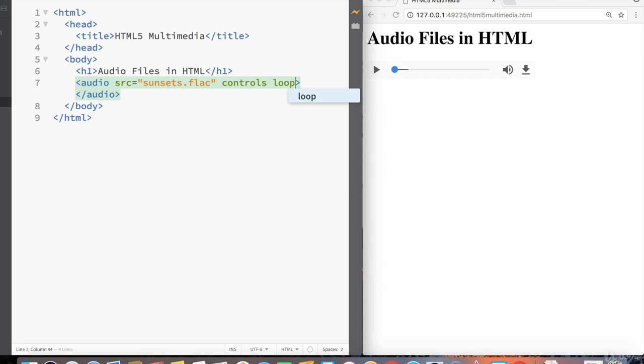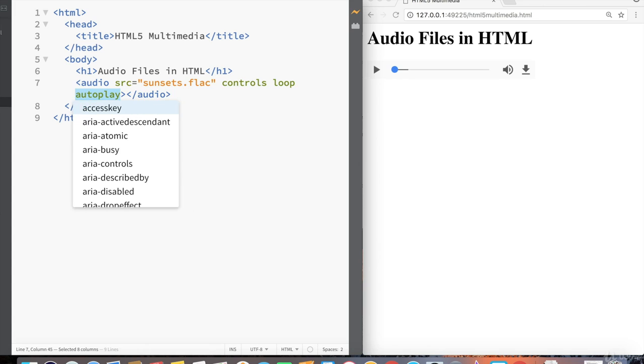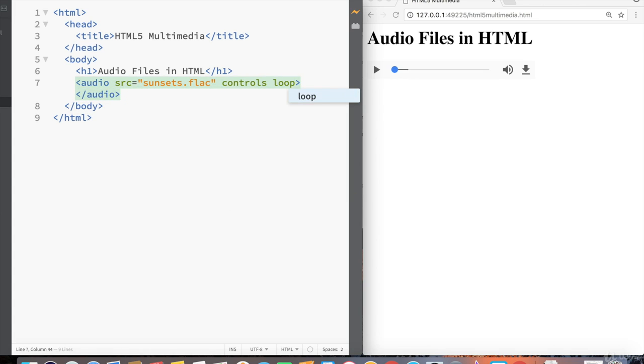And here's a property that you can specify but generally don't want to, and that's autoplay. Most people find it really annoying when as soon as they enter a page, audio starts playing. That's generally not something you want to include unless you're an evil web designer or web developer. In that case, sure, go ahead and include autoplay and be your evil self. So I'm going to save, and now we can play